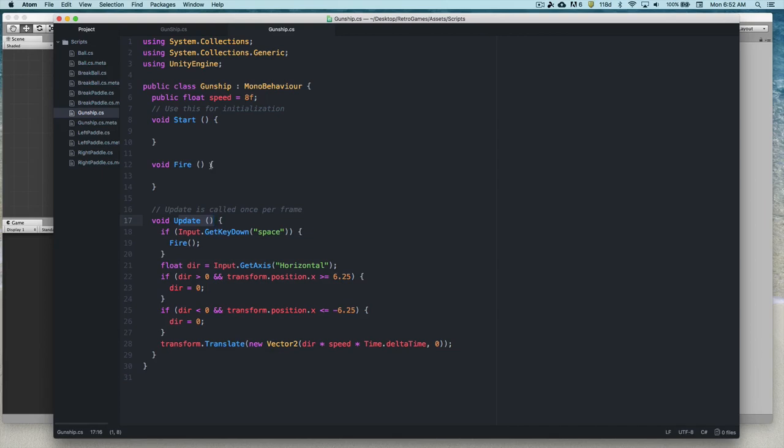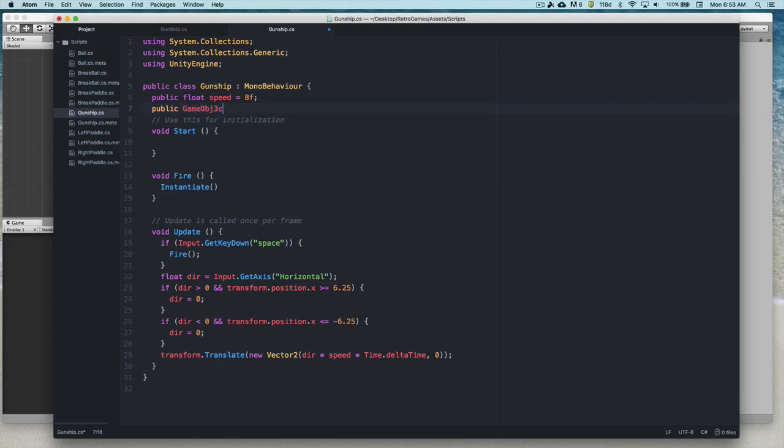So what is this Fire thing going to do? Well, it's going to spawn an object, and eventually we'll get that object to move. So what is our spawning function? Well, it's called Instantiate. So we need to call Instantiate and put some parentheses. And Instantiate requires 3 arguments to be sent to it inside of these parentheses. What are those arguments? Well, the first one is going to be, what do you want to spawn? Well, in my case, I need a variable,